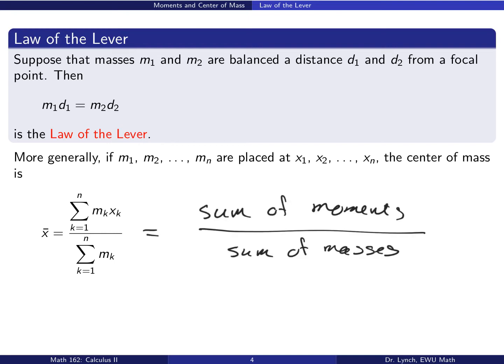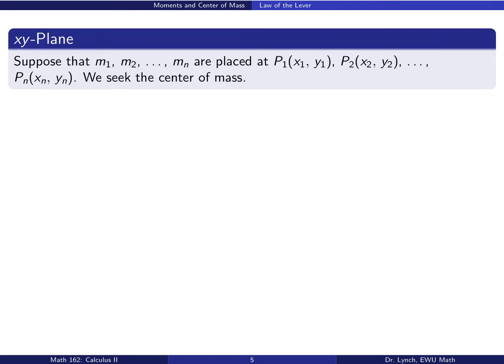Okay, so again, we're thinking of mk xk as the moment of the kth mass about the origin, and mk as the mass of the kth mass, obviously. So we're adding up the sum of these moments and dividing by the sum of the masses. This can be generalized to the xy plane too. So if we think about placing n masses at n points in the xy plane, we can similarly define the